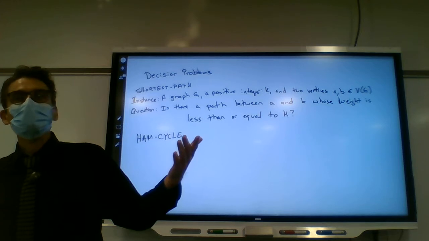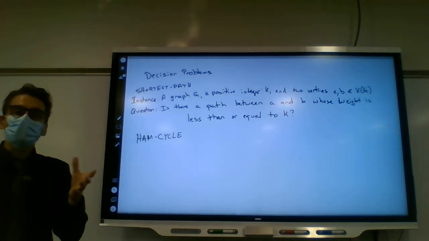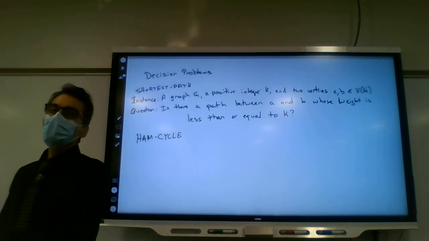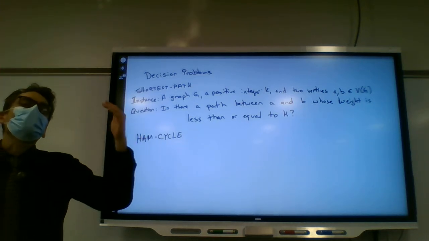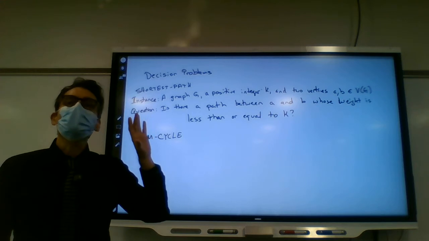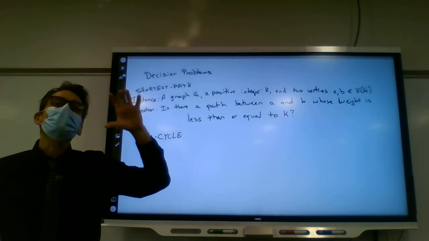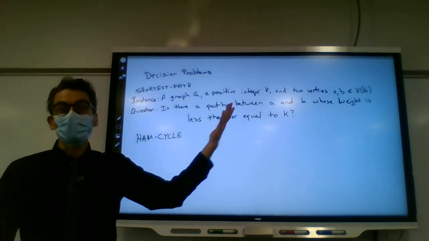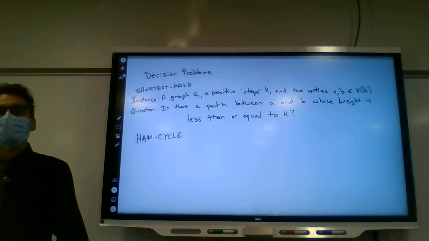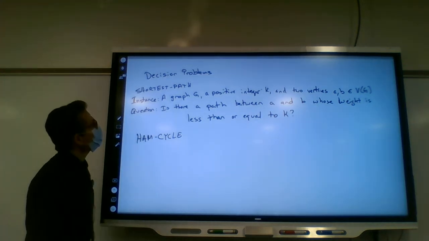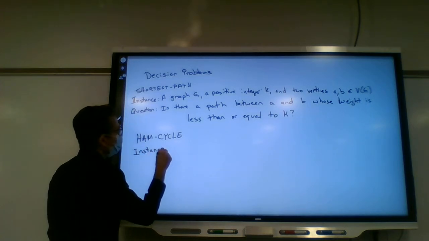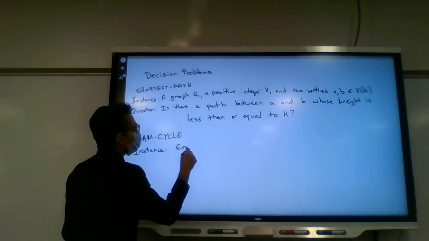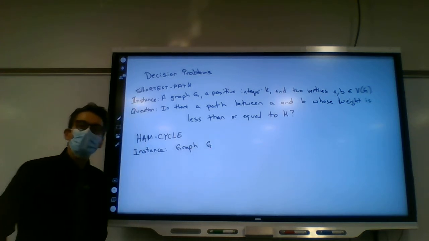Does that sort of make sense? And so the yes or no question turns out to be, we need it to be yes or no for more theoretical purposes, but we can modify that to be able to actually find what's the right k for the shortest path. Hamiltonian cycle, the instance in this case would be a graph G, so you're just given some graph, and